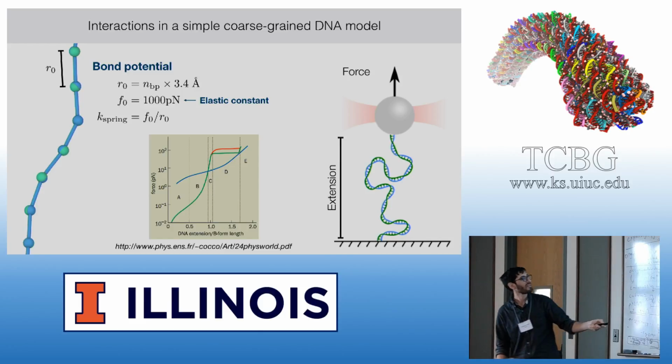So the regime where it's stretched but not melting is right before this plateau, in this little region C. If you just fit a line to the curve there, you get a spring constant of about 1,000 piconewtons. An elastic constant of about 1,000